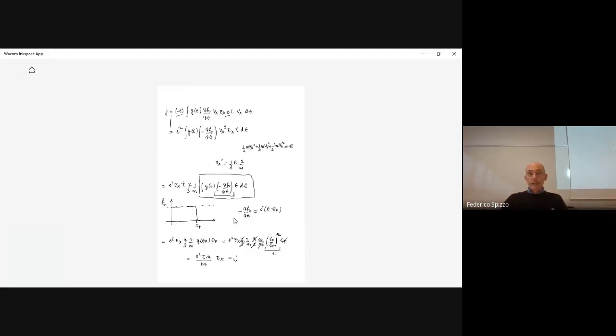But due to the fact that the derivative of a Fermi-Dirac function is a delta, or very close to a delta, just the energy close to EF participate to this calculation. So the effect of the fact that the electrons are being described by an equilibrium distribution function that is nearly a step function